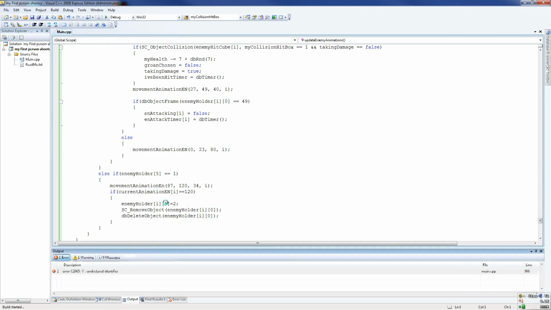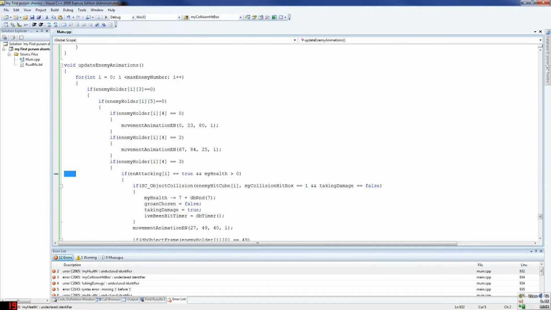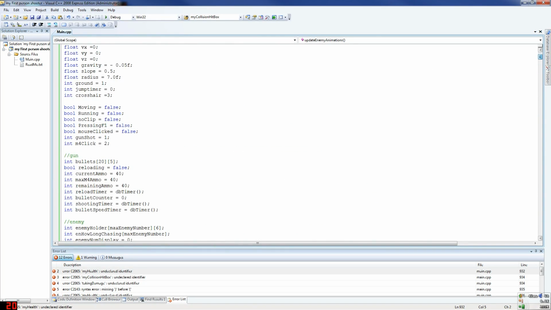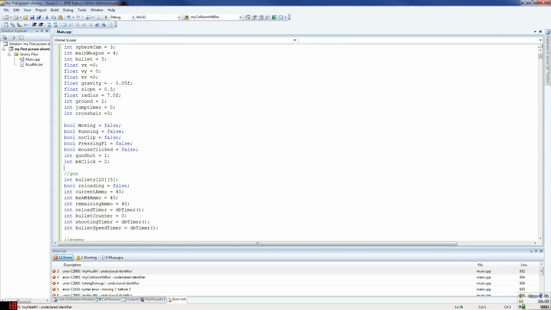I'm going to do F5 now because I've got a lot of variables to declare at the top, or a few of them. So my health, that'll be our first one. That'll be the main player's health, and we want to call that, why not call it up here, that's fine. Int my health equals 100. You can set it to whatever you like, that's up to you. My collision hitbox, we're going to have to declare that as